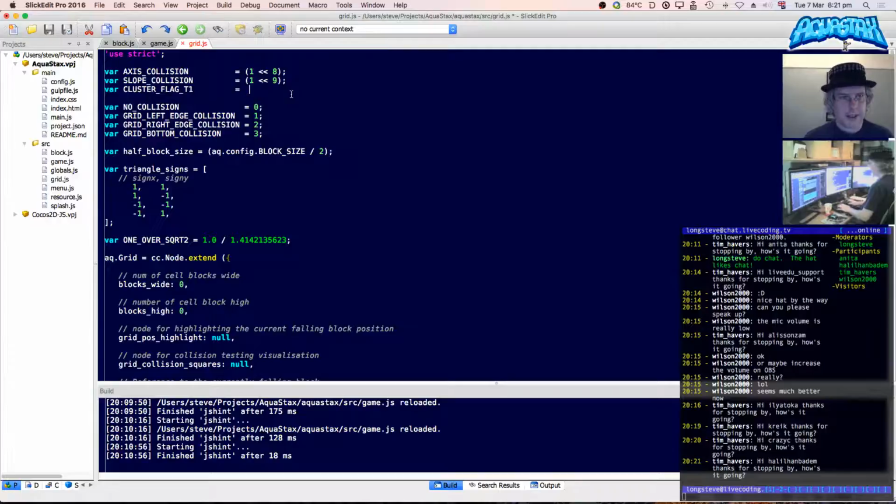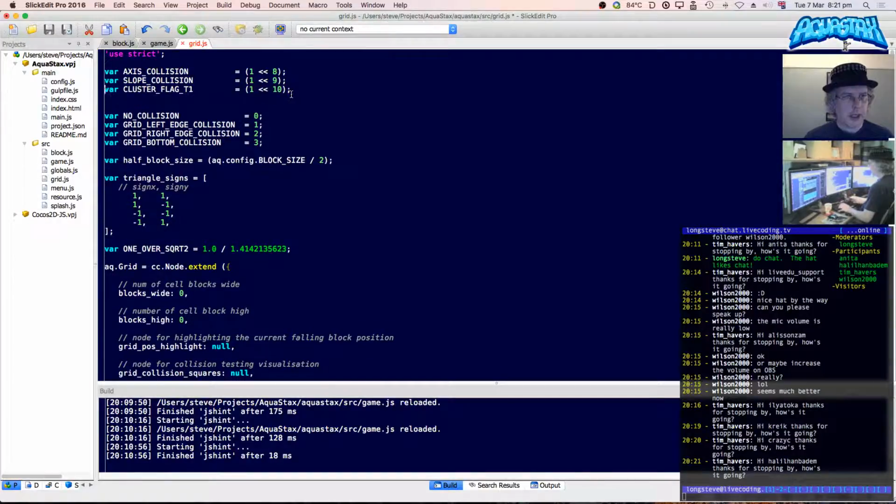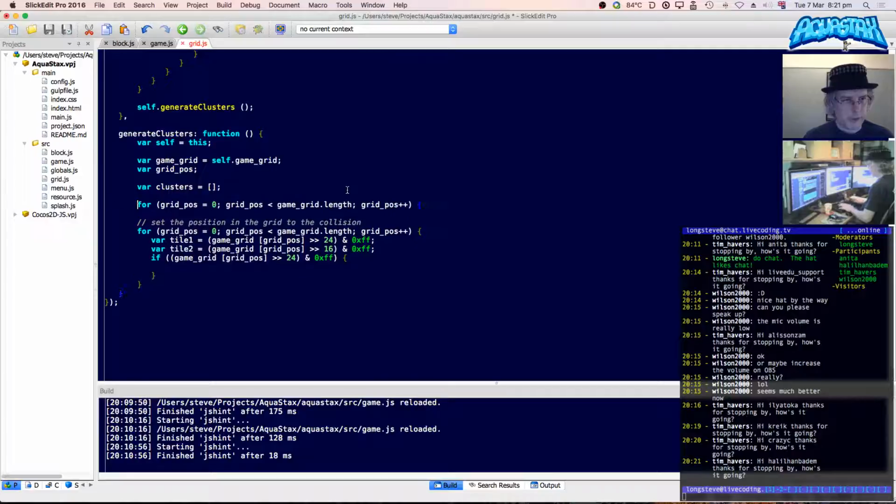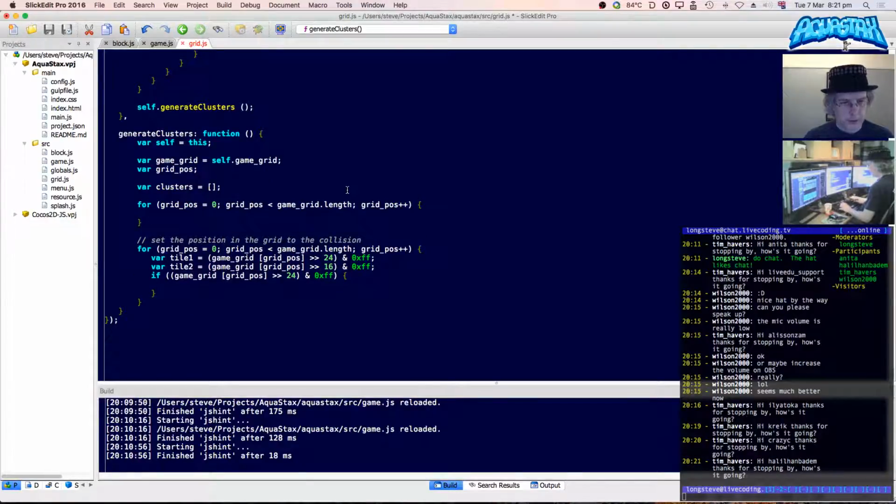And that's going to be 1 shifted up by 10 bits. And then cluster flag T2 is going to be shifted up by 11. So what we want to do is clear all of those in the grid first, because if we're looping over the whole grid, we don't want to start without making sure that we clear those flags. So game grid pos or equal. Okay, where's my